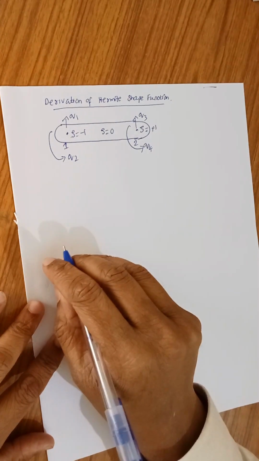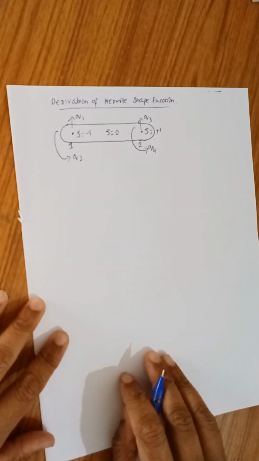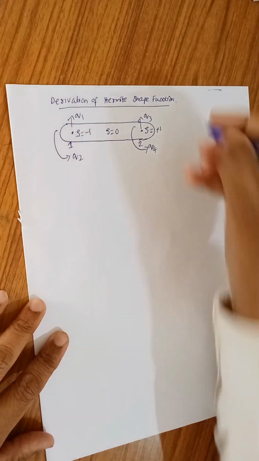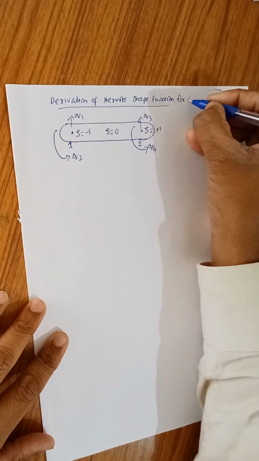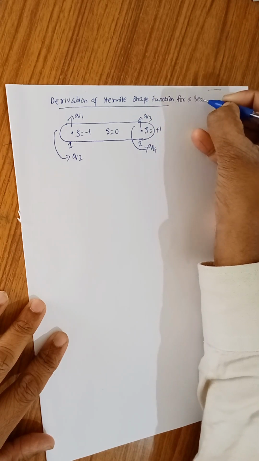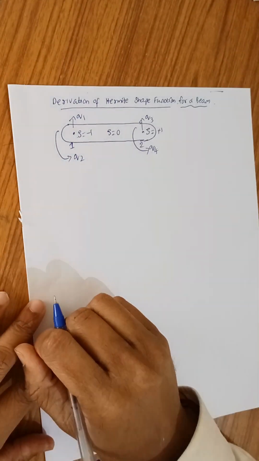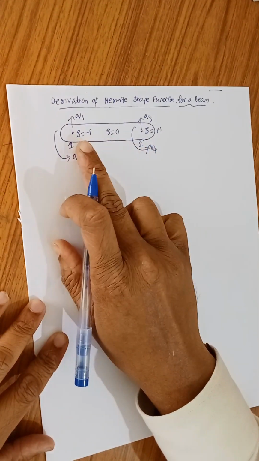Hello everyone, welcome to this class on finite element analysis, and in this class let's learn the derivation of Hermite shape function for a beam. So this is a very important derivation which is asked many times in the exams. So you can just see, the description of this derivation will be: consider a beam with two nodes 1